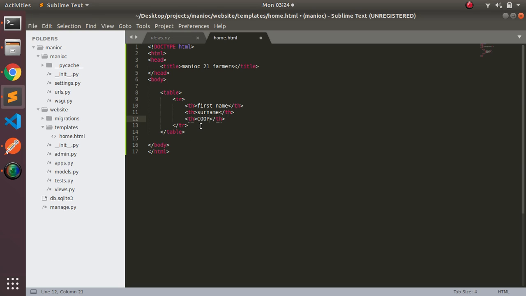Then inside the table we create another row, tr, then you just press enter. So here you put td. Td means table data, th means table heading, td means table data. So you can see our table has 3 columns. So the next thing we're going to do